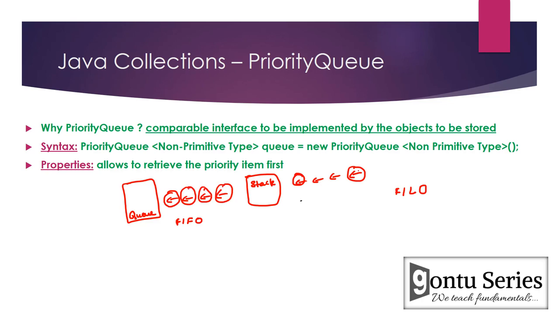And how stack works, it's going to give you first this element, then this element, then this element, and this element. So queue is basically right opposite to how stack works. This works on the principle first in, last out, and this works on the principle first in, first out. Now what is this priority queue? Priority queue